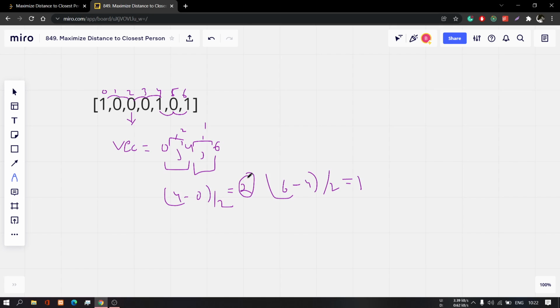And here we have to take care of two base cases. Like, if my array contains something like 1 0 0 0 0, and the second base case is 0 0 0 1, let's say. It means there is only one occupied seat, and another, let's say here also 0. So you can place him here.